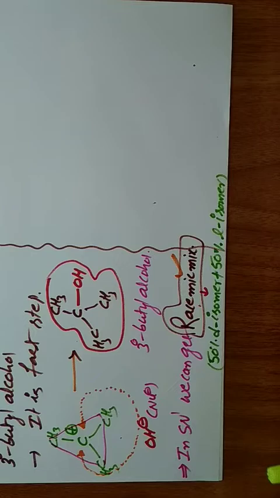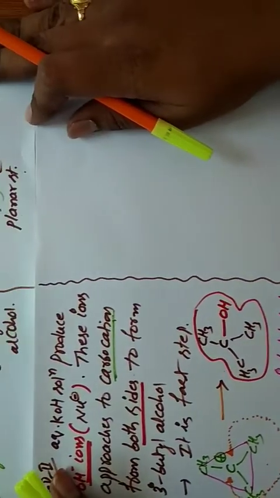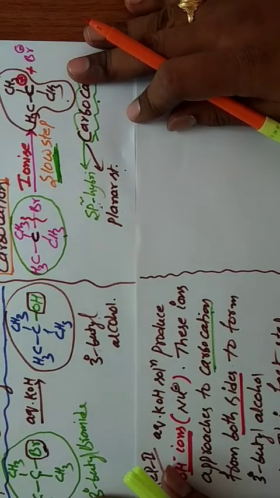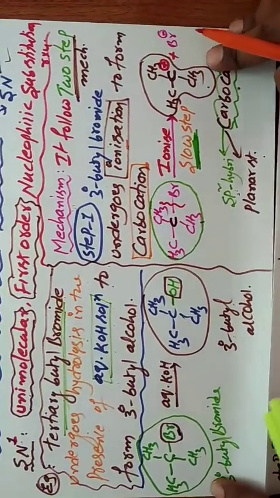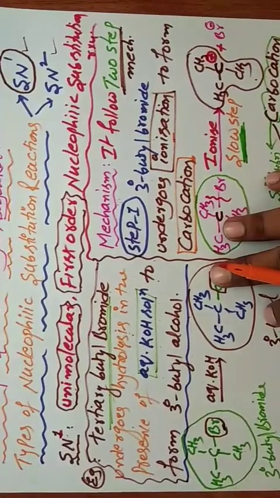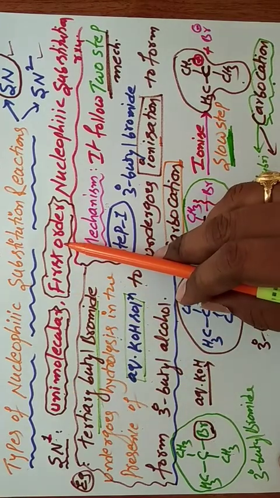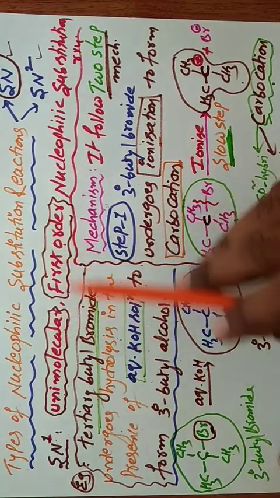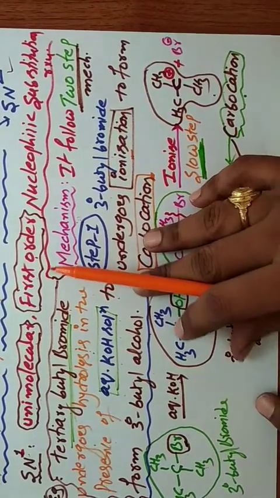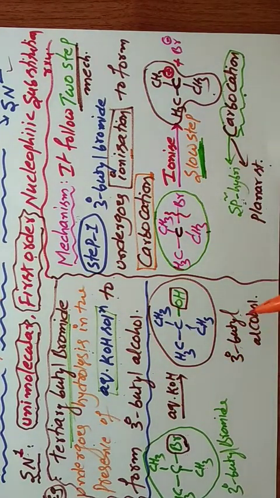Step 2. So in total we discussed the SN1 mechanism. In the abbreviation of SN1, what is the meaning? Unimolecular first order. Now we discuss these two. Listen. Not organic chemistry, in total chemistry, a reaction depends upon the speed of the reaction or rate of the reaction. Rate is nothing but speed. The rate of the reaction depends upon the slow step, not the fast step.